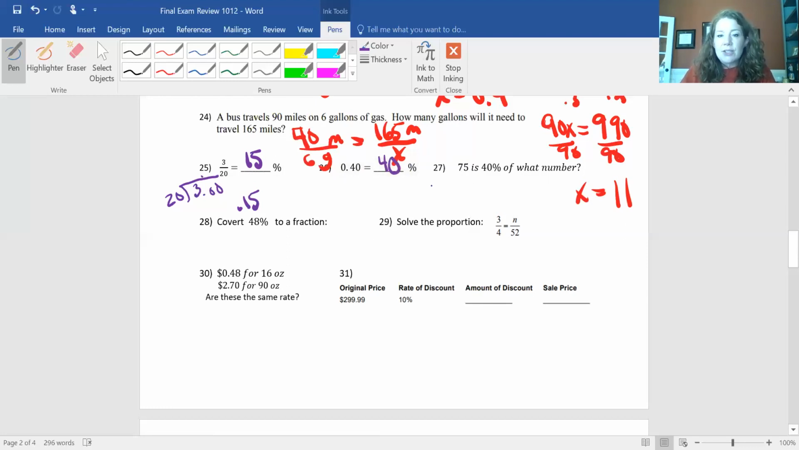And then number 27, I see is, I see of, and I see a percent. So we're going to do the is over of equals percent over 100 again. So I see 75 is 40%, percent always goes over 100, of what number? So I'm going to cross multiply. 75 times 100 is 7,500. 40 times x is 40x. So it tells me I'm going to divide both sides by 40. And 7,500 divided by 40 is